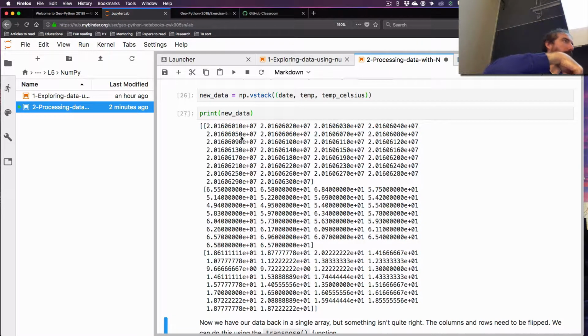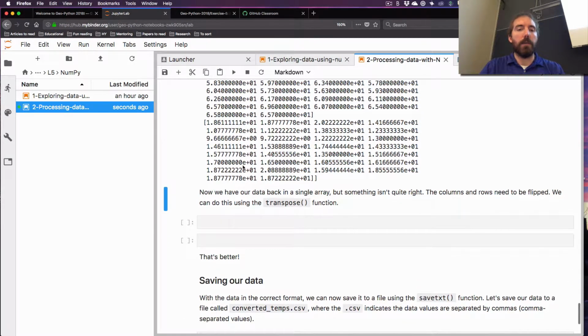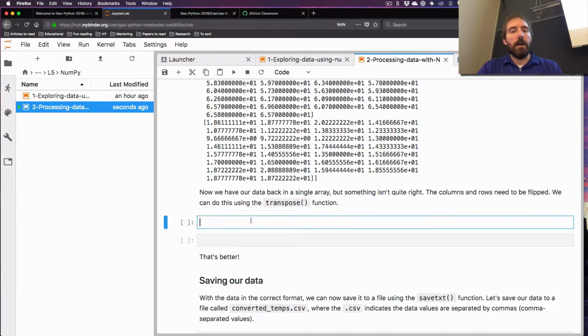If we want to get back to something similar to the format of the data we dealt with initially, these were columns, not rows. So what we need to do is flip the rows and columns in order to be able to do that. And for that, there's a function called transpose. I'm just kind of pushing through telling you about these things because you'll get to practice with it, and until you start doing it yourself, working with your own data files, it's probably not totally intuitive. But what we can do is say new data